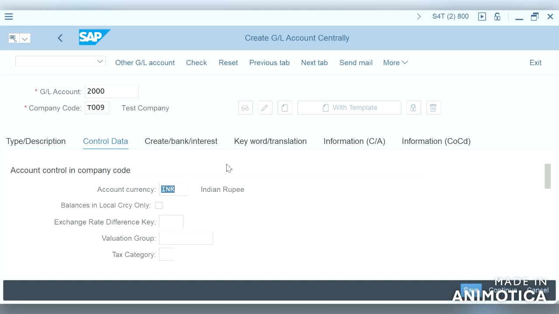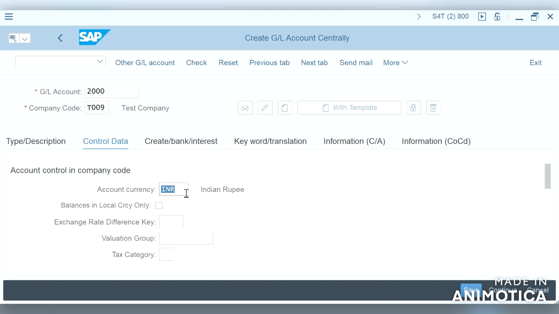So different GL currency from company code currency is used where you want to keep certain GLs like bank accounts in specific currency, and further you want all the postings to such GLs in only one currency.